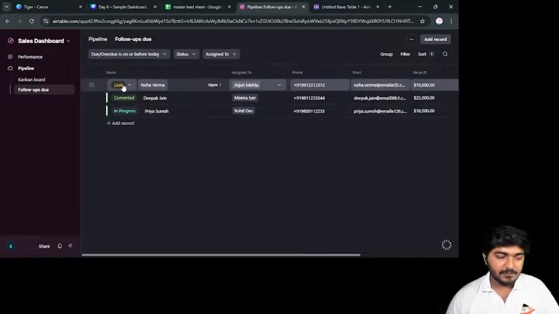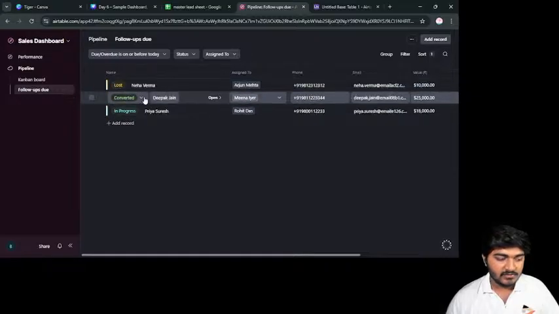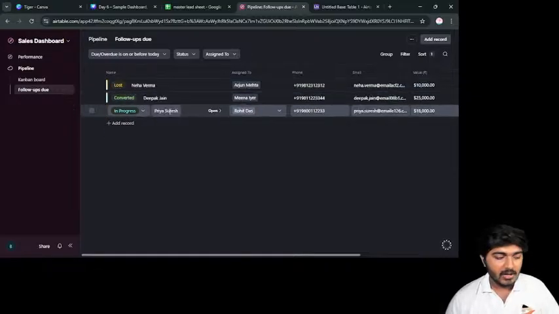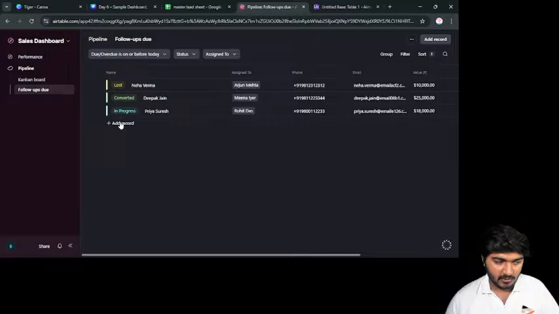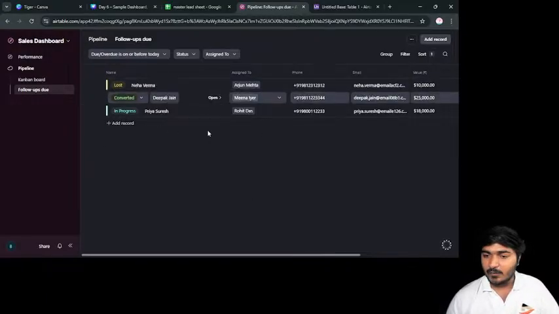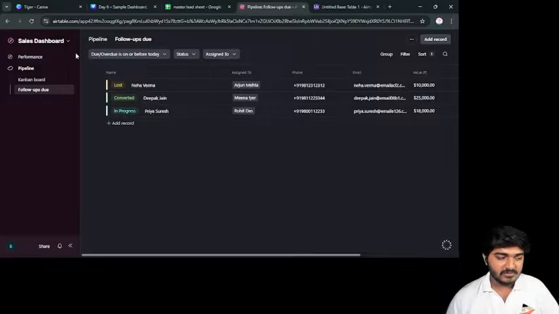So here this particular lead has been lost. Okay, they can't be contacted, and this particular lead has been converted, and this particular lead is in process, and we can also add data manually, or we can automate that task. Okay, so this is how a particular dashboard for sales has to be